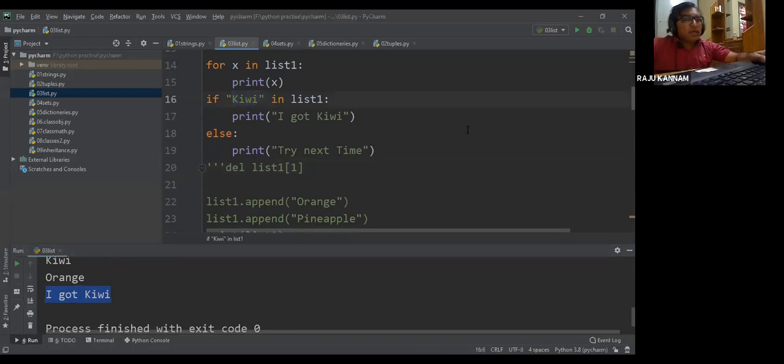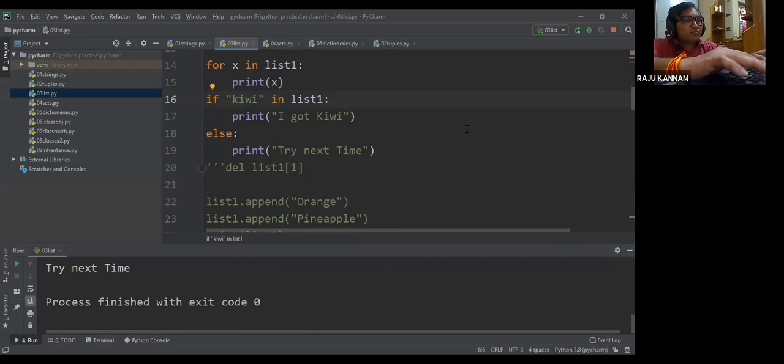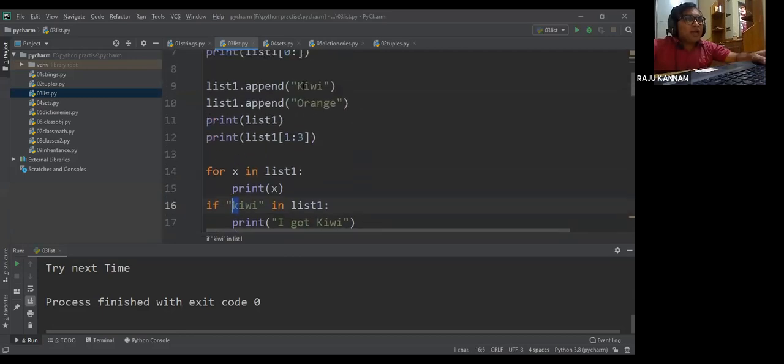Now here I'll mention like this. Can you guess what will be the output now? Anyone? Try next time. Why? Because I have mentioned small letter k here, but I have added kiwi with capital letter K and small letters i w i.